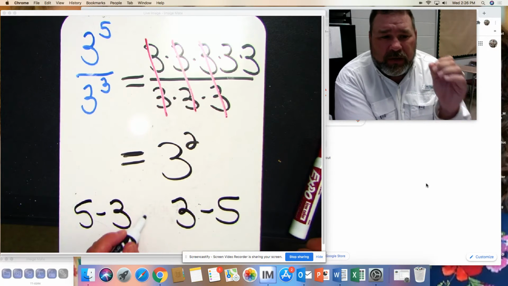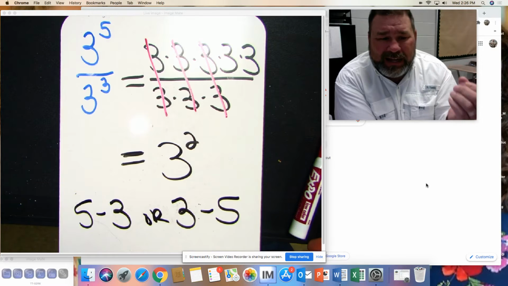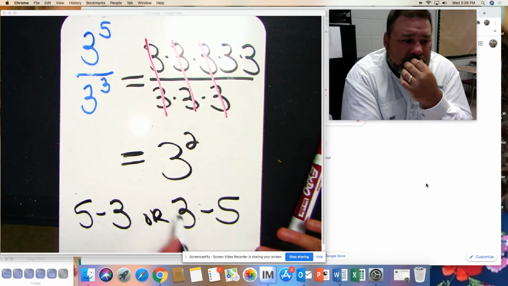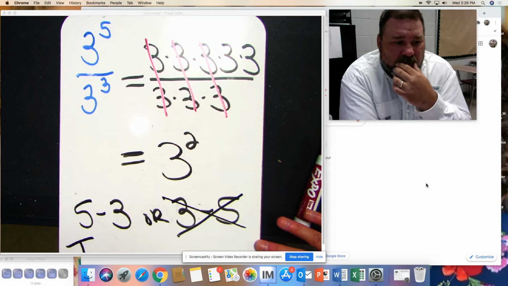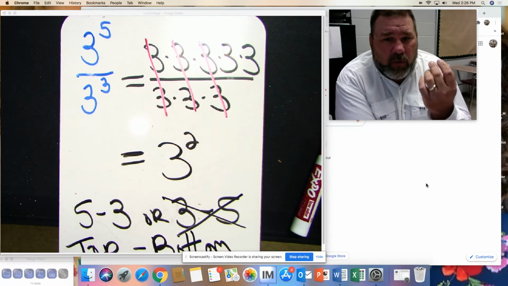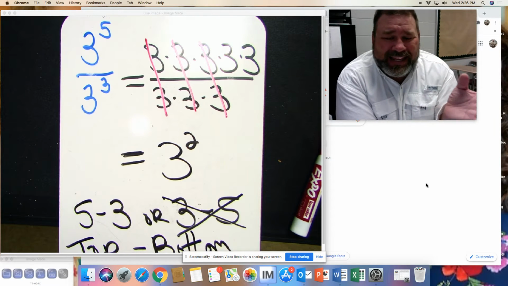So it has to be the numerator's 5 minus the denominator's 3. It can't be 3 minus 5. So it can't be that. So it has to be the top exponent minus the bottom exponent. Right. And that's your shortcut. Again, only works with common bases,